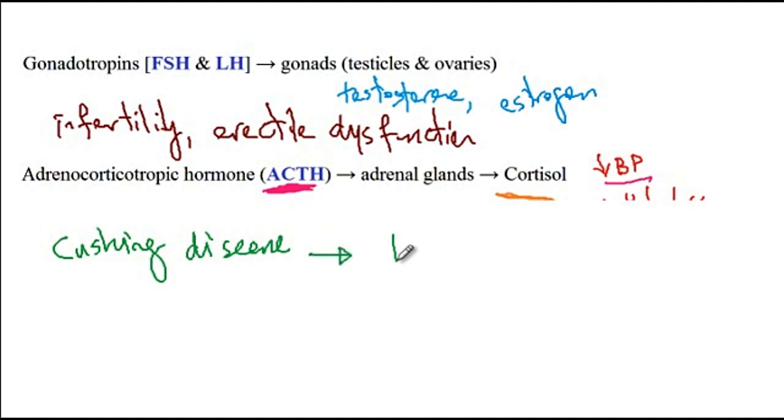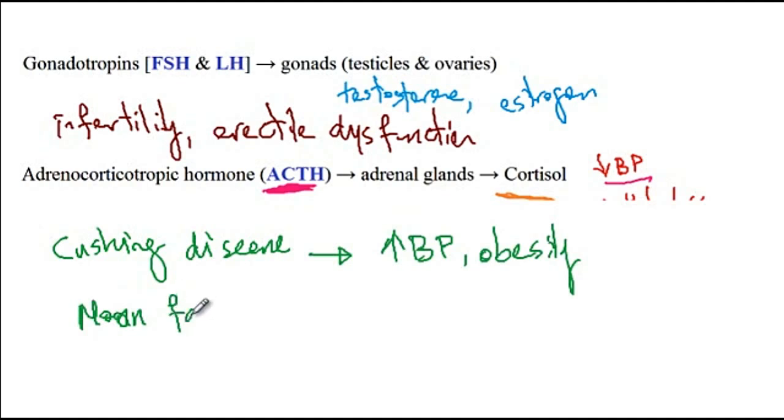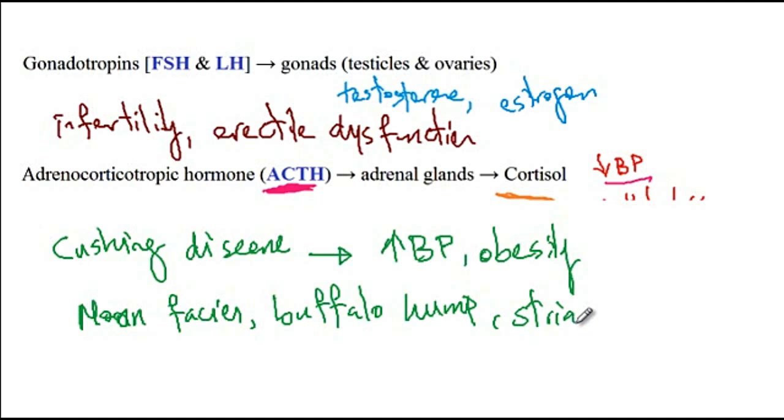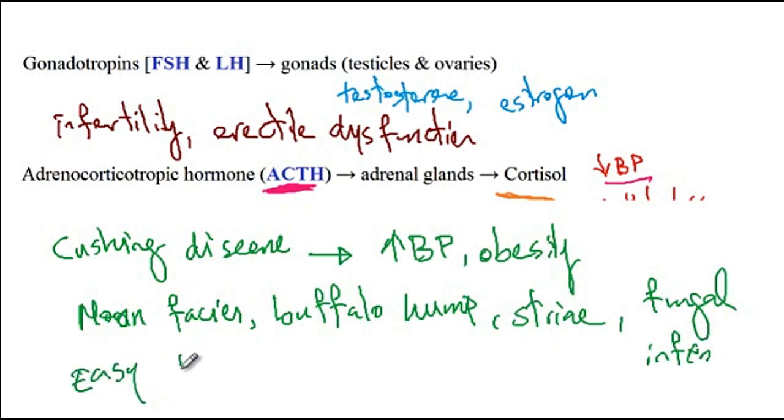These patients present with hypertension, obesity, moon faces, buffalo hump, stria on the abdomen. And since cortisol will cause weakening of the immune system, these patients can also have fungal infections. Other findings also include easy bruising,